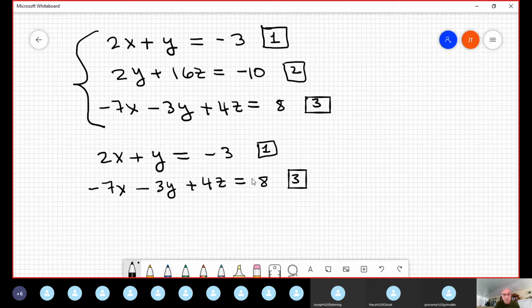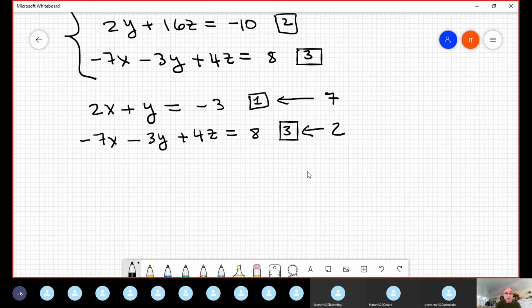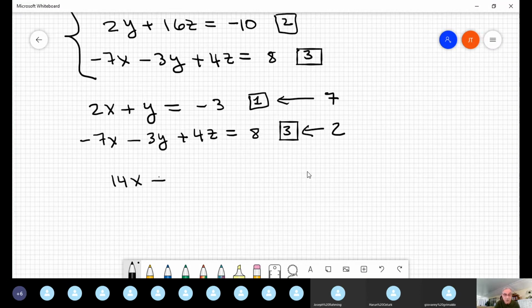To eliminate x, I multiply this equation by 7, and this equation by 2, because 7 times 2 is 14, and 2 times -7 is -14. So the first equation after multiplying by 7 is 14x plus 7y